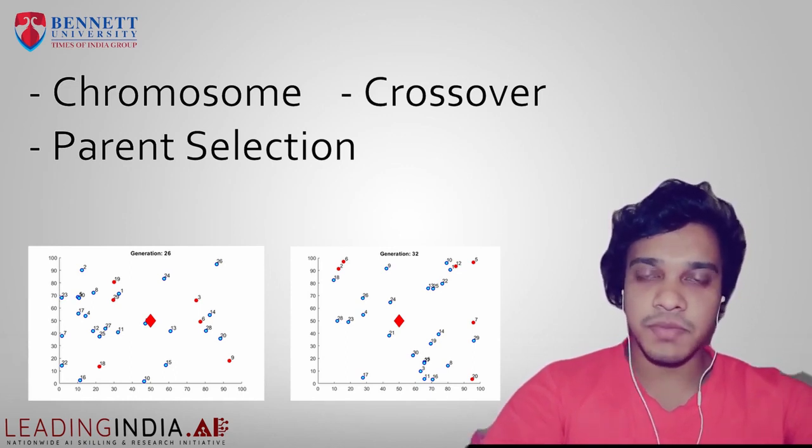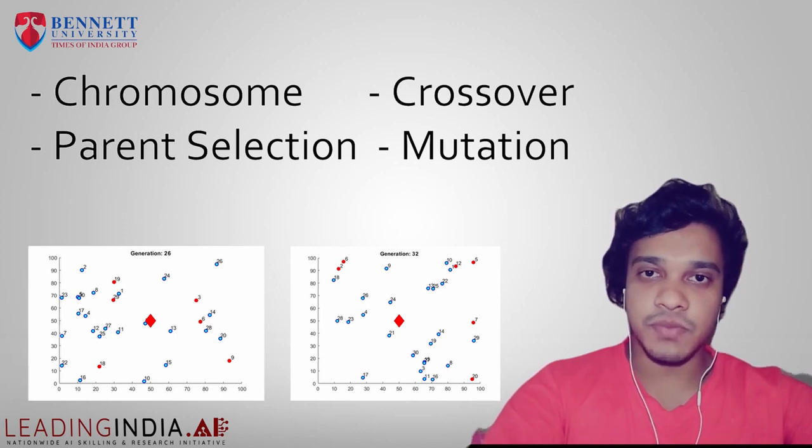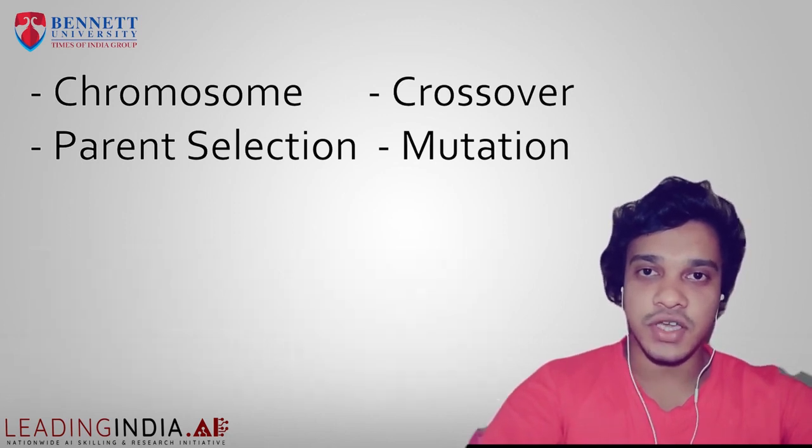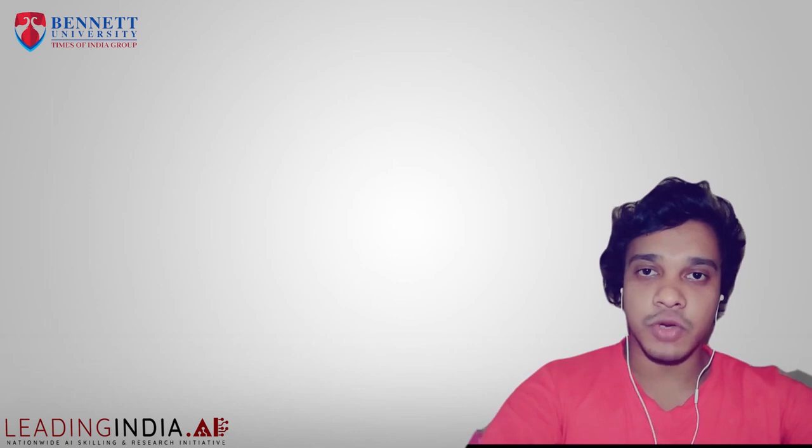The last step in performing genetic algorithm is called mutation. Mutation is a process in which we mutate the current chromosome so that it could give a better solution in the next generation. So these three steps, selection, crossover and mutation, are performed iteratively until a solution is reached. Now Naveen will talk about particle swarm optimization, which is the other intelligent algorithm that we use to solve our problem.